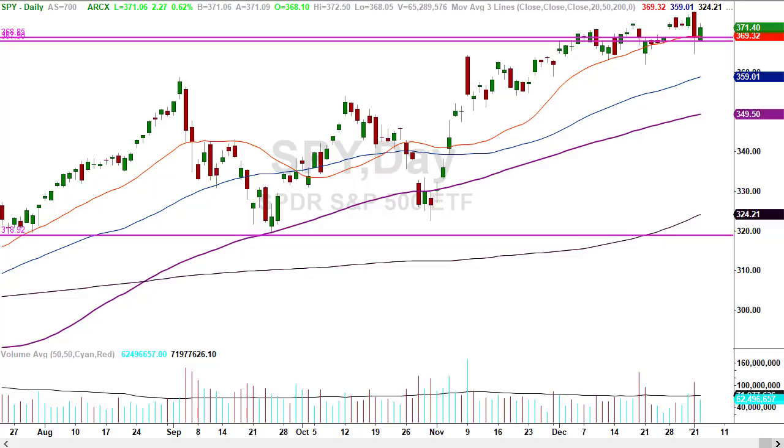We are looking at a daily chart of the SPY or Spider, which is the proxy for the S&P 500. What do we have on the docket today? The first thing we're going to do is take a look at the daily chart, and we're going to discuss what jumps off the page at us. Is the trend up? Yes, it is. Are we above all the moving averages? Yes, we are. Yesterday, they did the rope-a-dope thing where they closed pretty much on top of, but slightly below